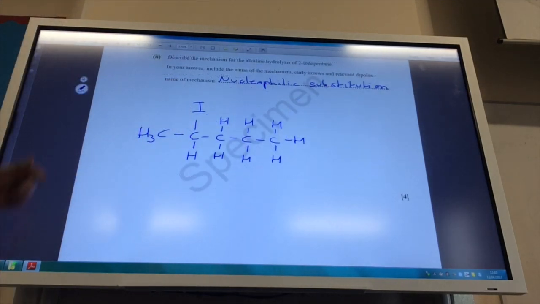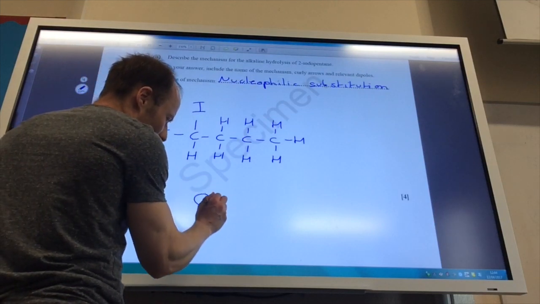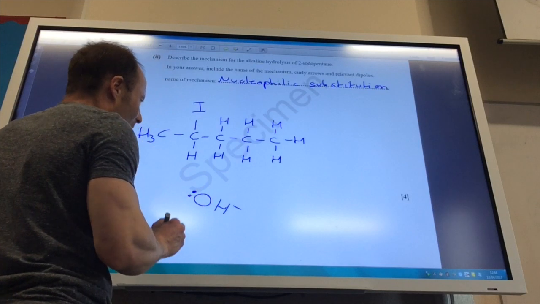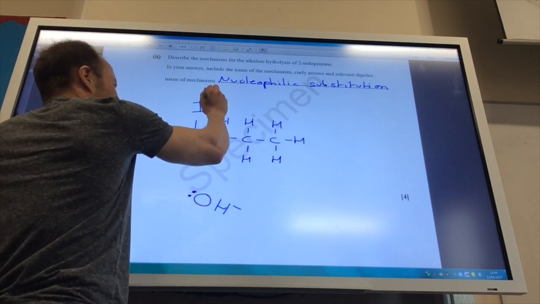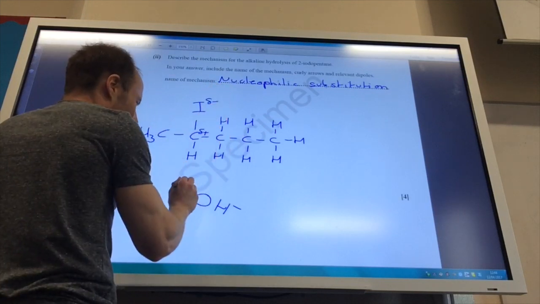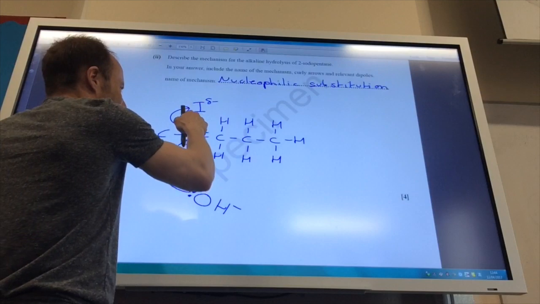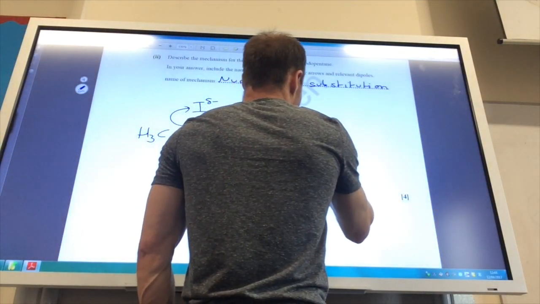Okay, so describe the mechanism for the alkaline hydrolysis of 2-iodopropane, name it, curly arrows, etc. So the name is nucleophilic substitution. My nucleophile is going to be OH minus. Don't forget your lone pair on the oxygen. Your dipole, that carbon is going to be delta plus and the iodine delta minus. It attacks there. That bond breaks to go to the iodine to give you your product